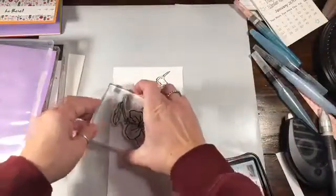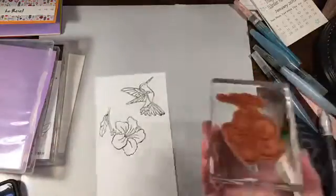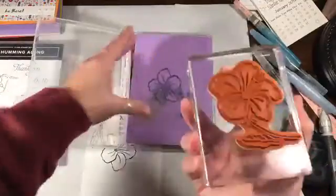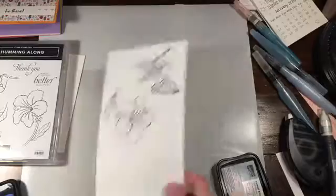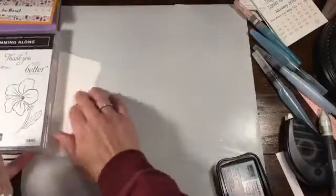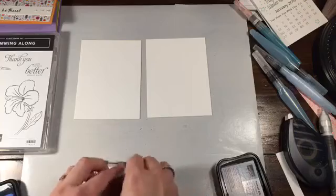Okay, so now I'm going to just stamp the flower. Pretty awesome. So let me just wipe this off. There we go. And now what we're going to do is let these dry for a minute and get our watercolor paper. So I was going to kind of just do something soft